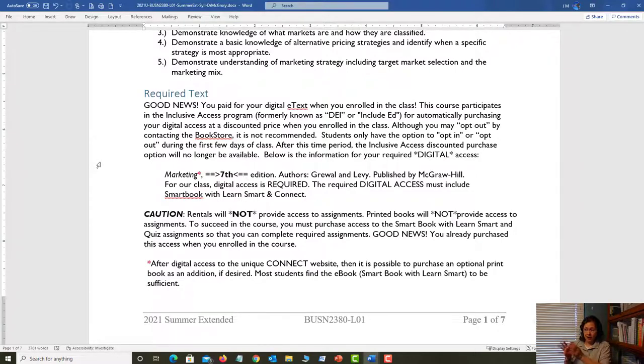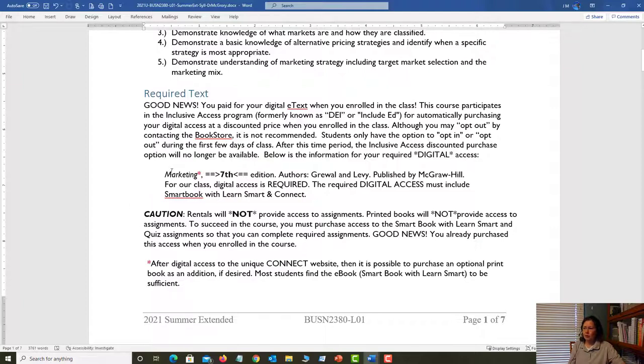You have to have the digital access not just to the book, but also to the assignments. So if it's a lot cheaper, you may want to investigate whether or not you're actually getting what you need. Okay, so you did already purchase that when you enrolled in the course, so you're ready to hit the ground running on day one.